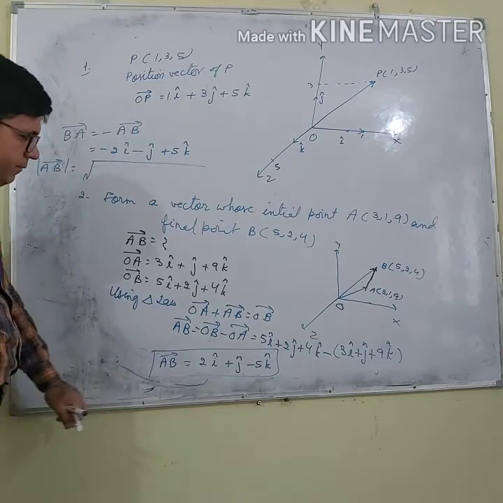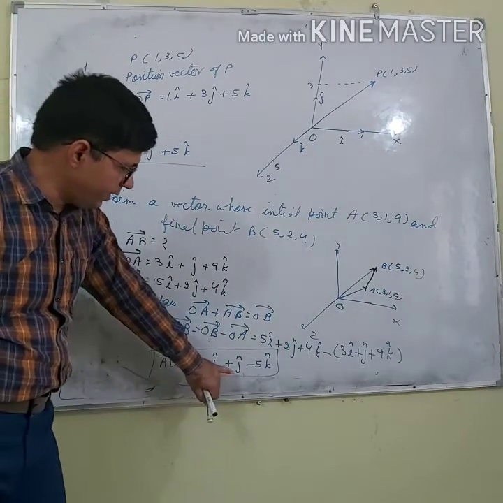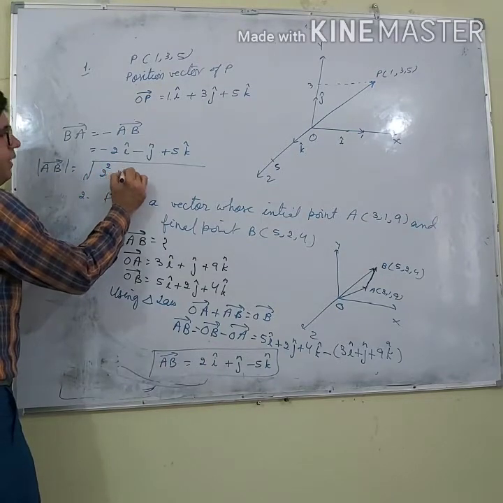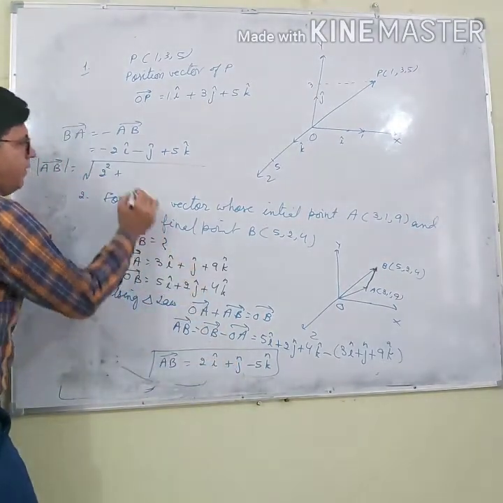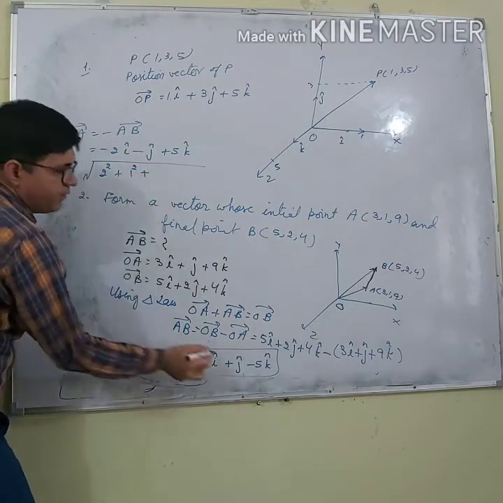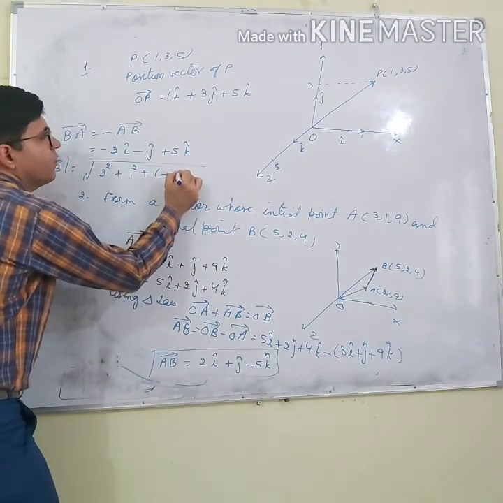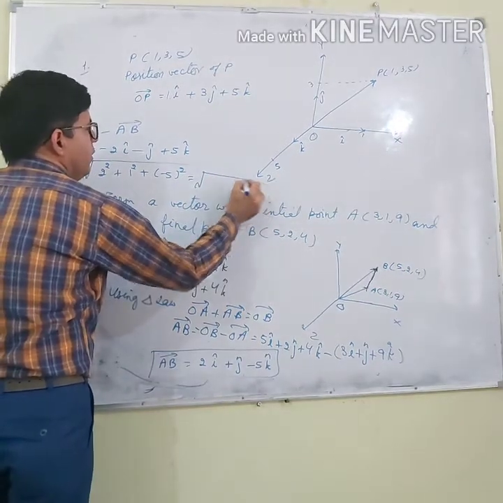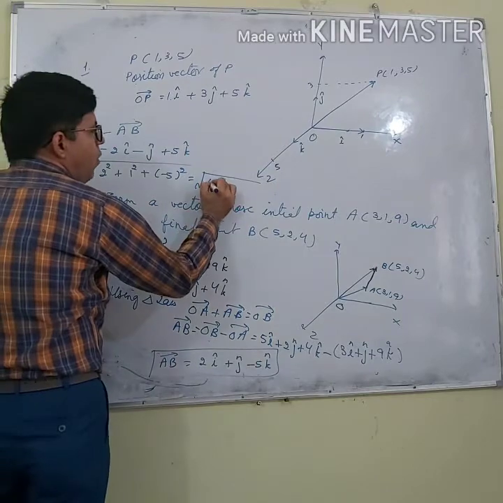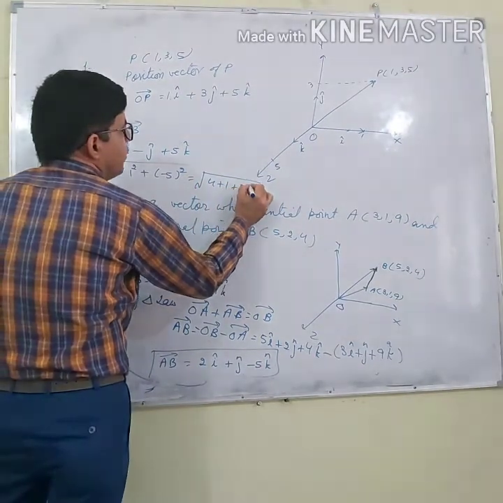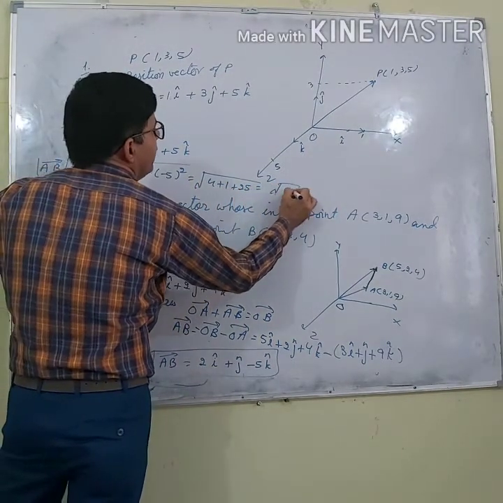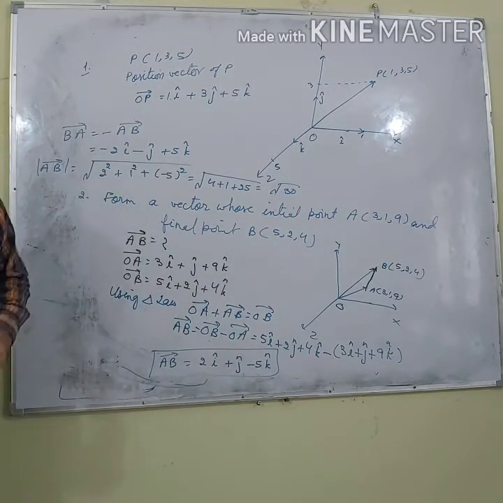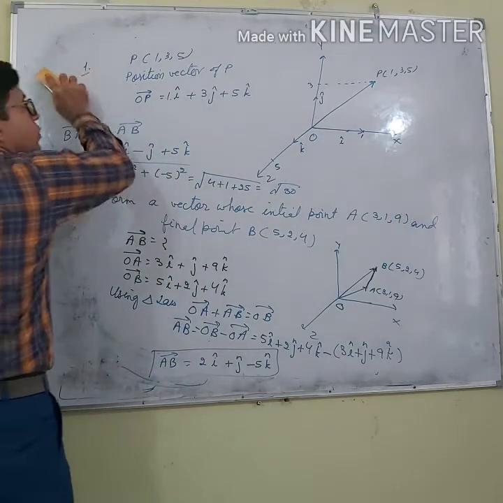All of you know that Rx square, Ry square plus Rz square. It will be 2 square plus 1 square plus minus 5 square. What will its answer be? Under root 4 plus 1 plus 25, under root 30. Alright? So in this way I can find it. Now third question is,